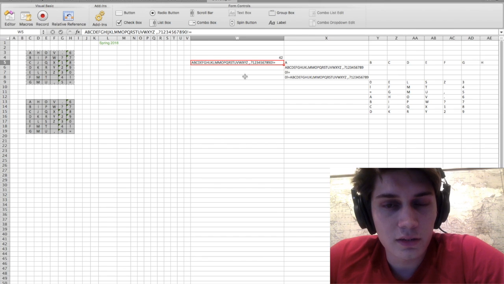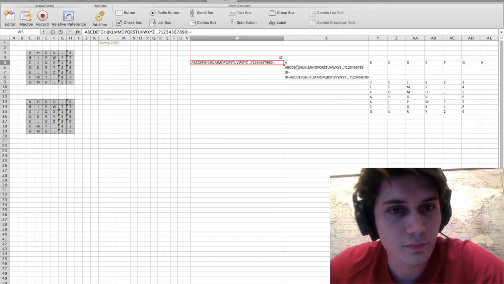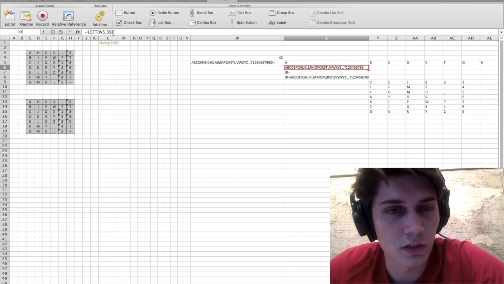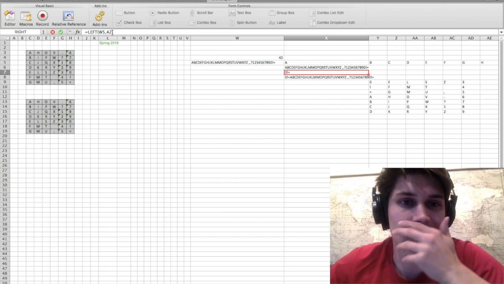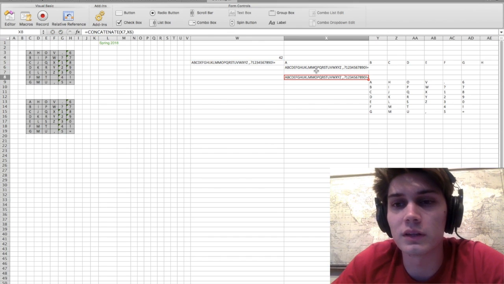And then I use that to reference to create my new string. So I used left and right and concatenate to create a new string that would then populate this